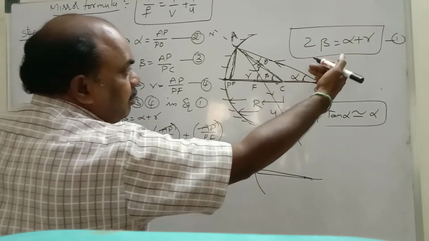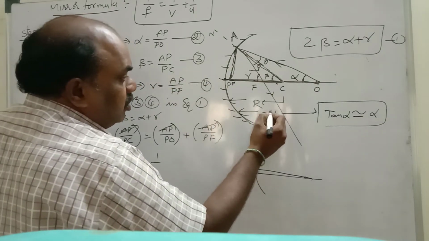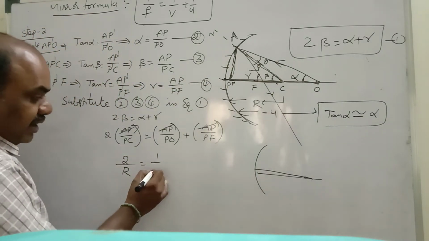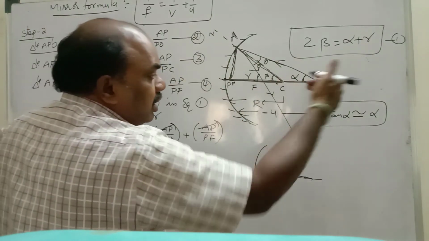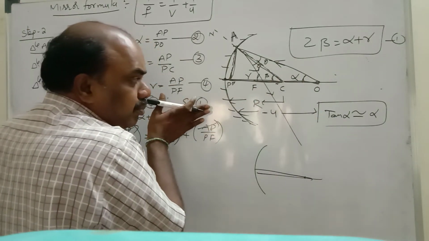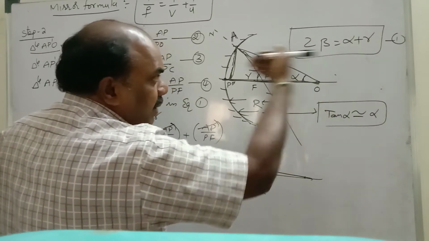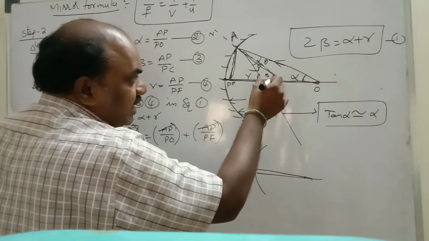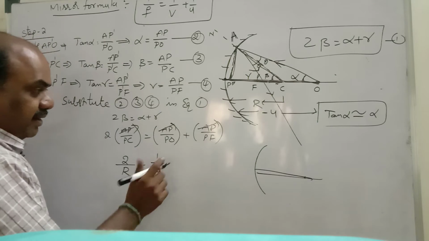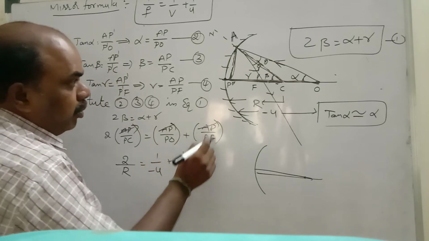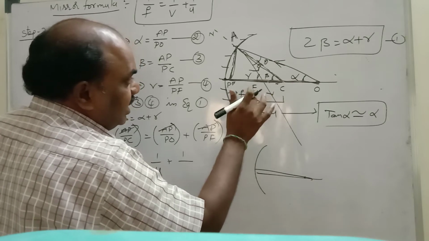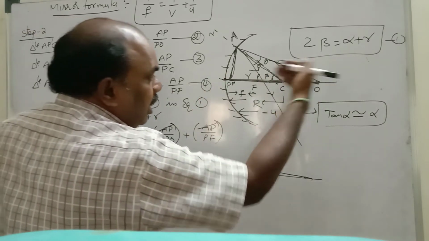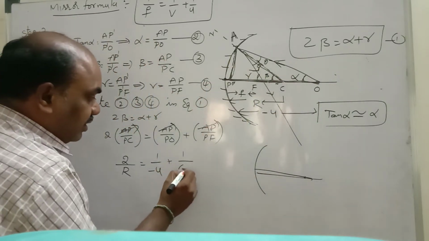Measuring from the pole, compare with the parallel incident ray. As per sign convention, it is minus u. Always measure from the pole. Left to right measuring, compare with the parallel ray. The parallel ray is coming in this direction, so both are opposite, so minus. Plus 1 by pole to focus. Pole to focus is focal length. Here also, if you apply sign convention, measuring from the pole and comparing with the parallel incident ray, this is also minus f.